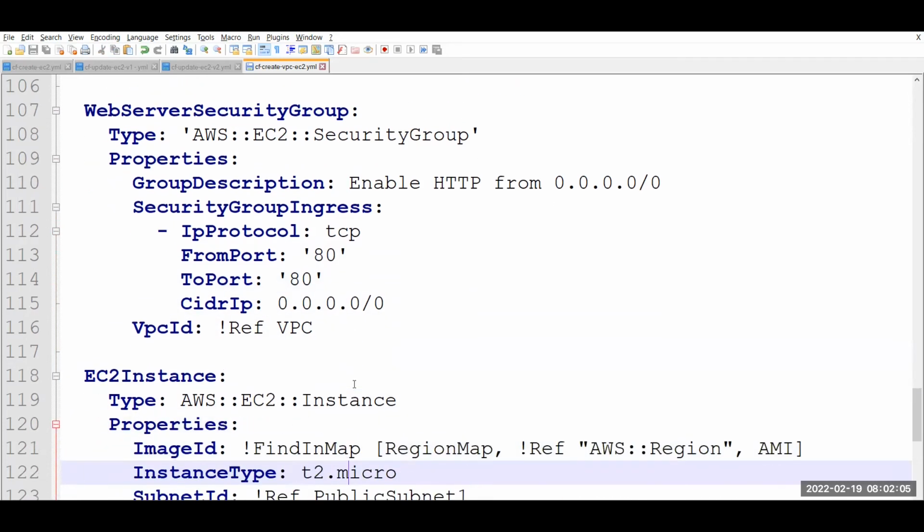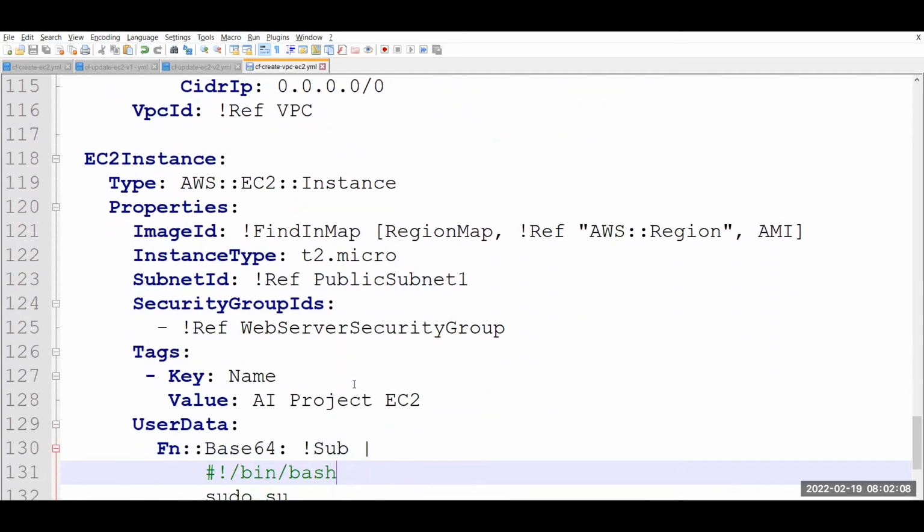Now we want to create our EC2 instance. If you see, this is the EC2 instance. This is my type, basically the EC2 instance properties. Now I am saying image ID. Which image ID? I say find in map. I have created one map, and that map name is region map. Go to that region map, take the content, like AWS regions and this particular AMI actually. Means based on this region, if my region is AP South, take that AMI. If that is the Singapore region,